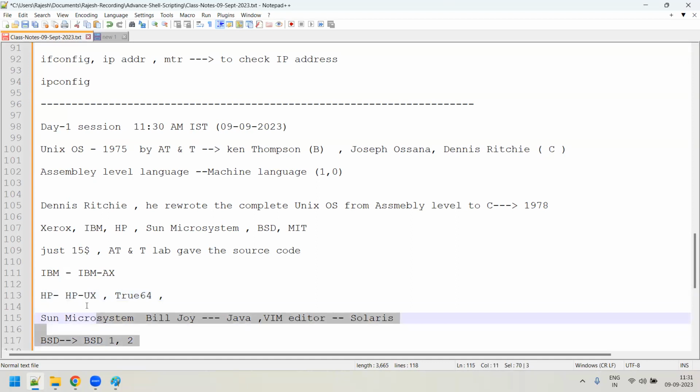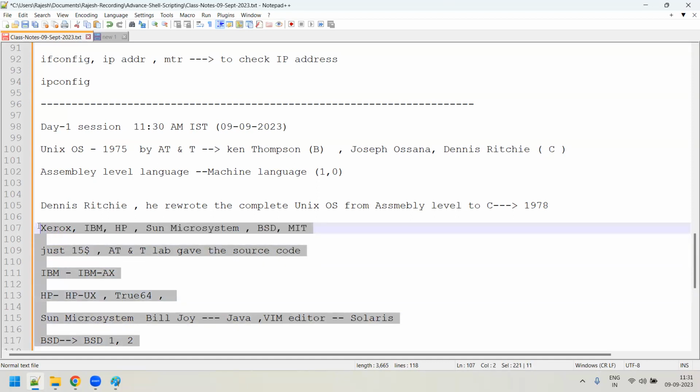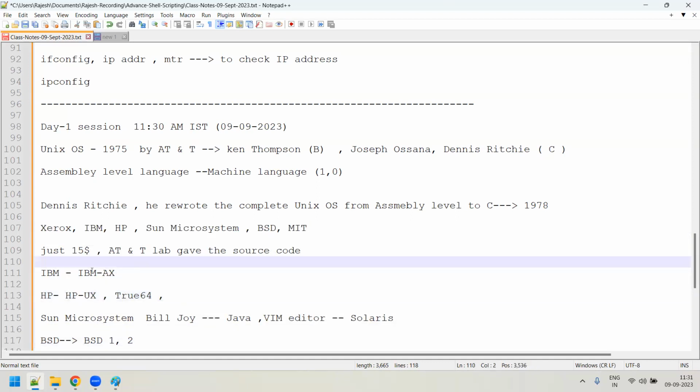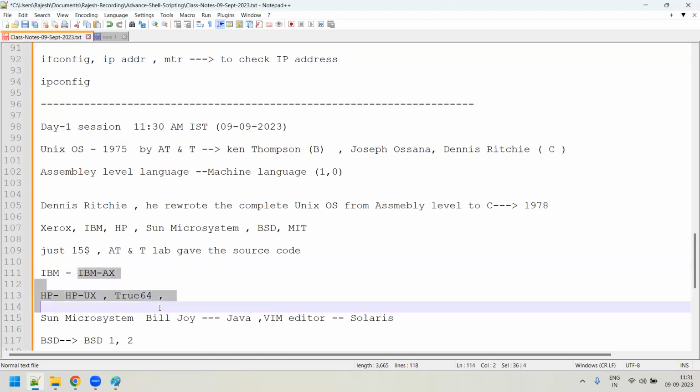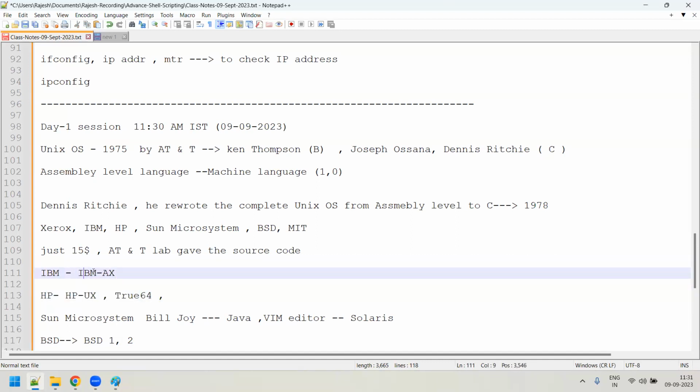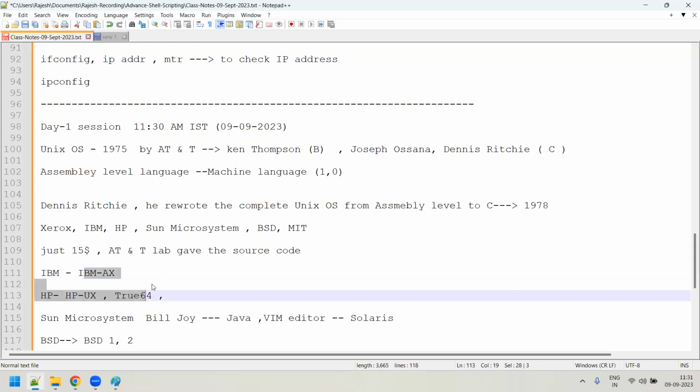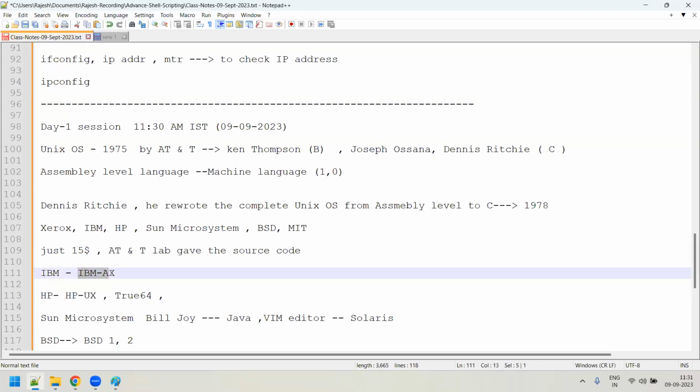So these were very early flavors of Unix, and most of the people started using these operating systems. To be very frank and specific, these were all very good operating systems, guys. HPUX, IBM AIX, I got an opportunity to work on HPUX, AIX, and even Solaris. So these are all very, very robust operating systems. But what happened, right? People were looking for an open source operating system which was freely available, because purchasing IBM AIX is a huge cost. You even need to buy the IBM AIX server, which has an IA64 processor.